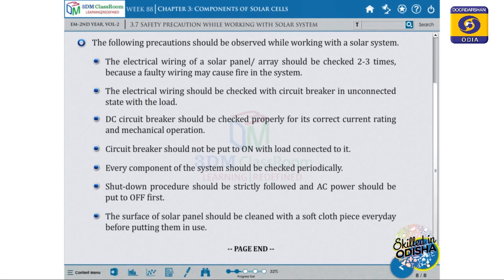This is a very eco-friendly system with little maintenance cost, and we get sunlight as a free source of energy, without cost. The other maintenance of the solar panel is that we have to clean the surface of the solar panel regularly every day, so that it is dust free and able to receive more sunlight and convert more light into electrical power.